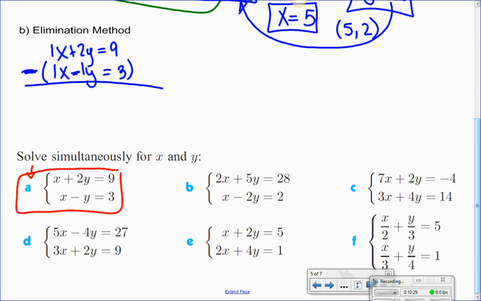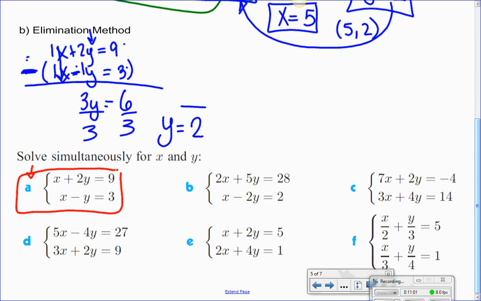So 2y plus y gives us 3y. And then we have 9 minus 3. So we're just doing this vertically, and we get 6. Okay, so you go x minus x, well that's 0, they cancel. And then going down from here, 2y minus a negative y gives us 3y, and 9 minus 3 gives us 6. Okay, then we divide both sides by 3 to solve for y, so y is equal to